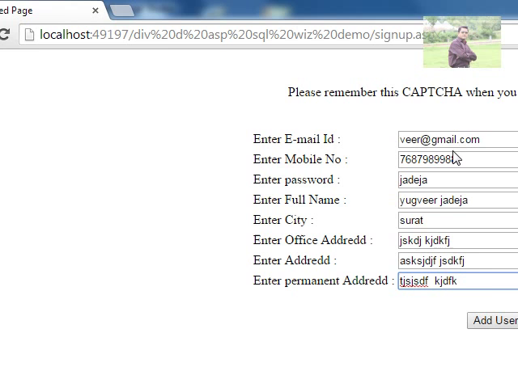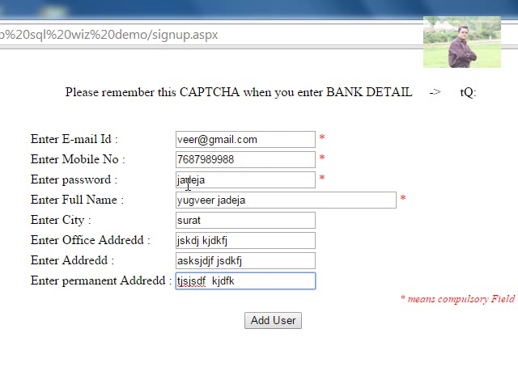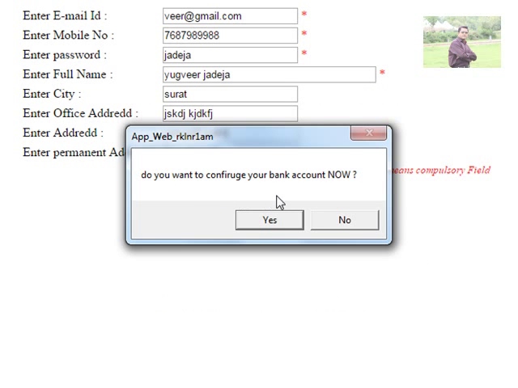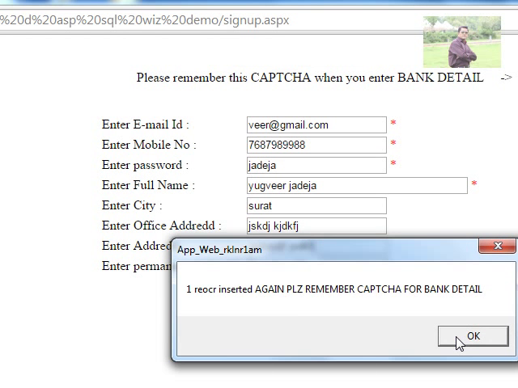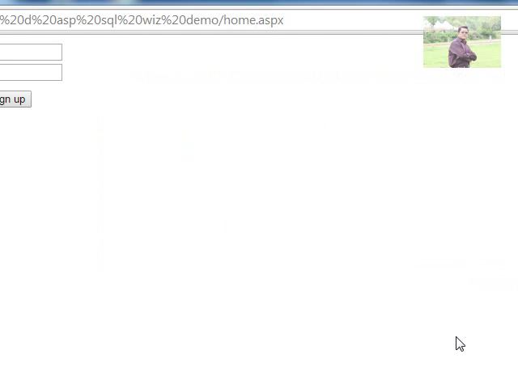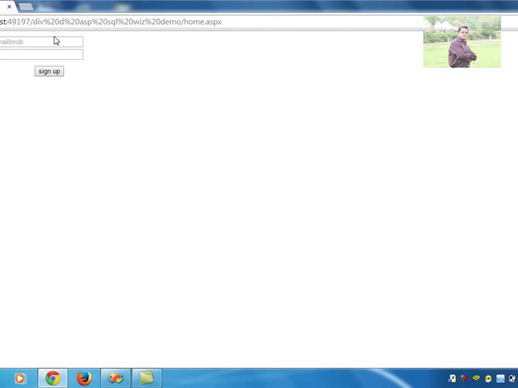please remember this: veer@gmail.com and password is Jadeja, as well as this code, TQ capital colon. Do you want to configure this bank account now? No. TQ colon. Please remember the above captcha, you require this for banking. Okay. One record inserted to the bank details, and we are moving to our login page, and we are entering